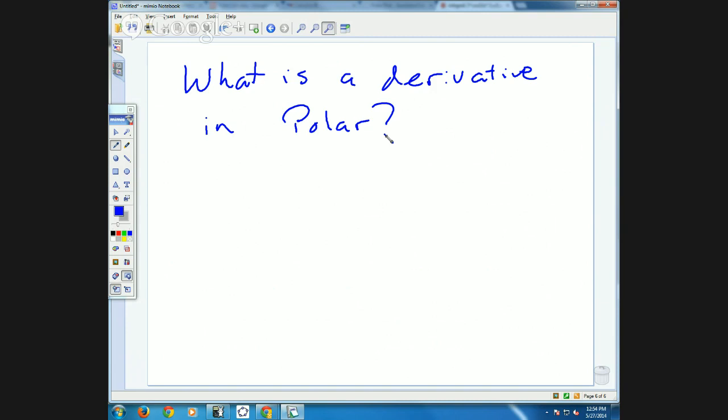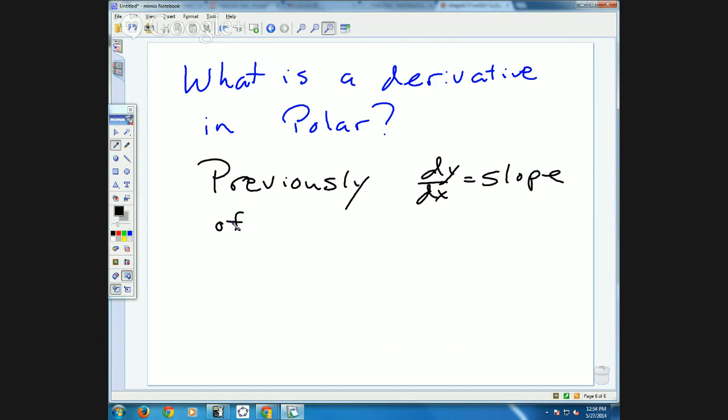Tell us like tangent line slope, right? Okay. So I'm just going to make a note of that. Previously, in Calc 3, we did dy dx, which is slope of a tangent line at the point. Slope. In general, it gives us a slope function that tells the instantaneous rate